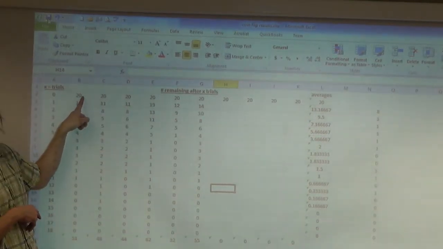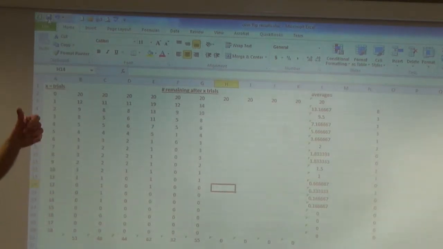So 20 start. We lost 8 people in the first round of the first experiment. That means 12 people are still going to be pulling cards. Then those 12 pull a card again. And I believe we lost...